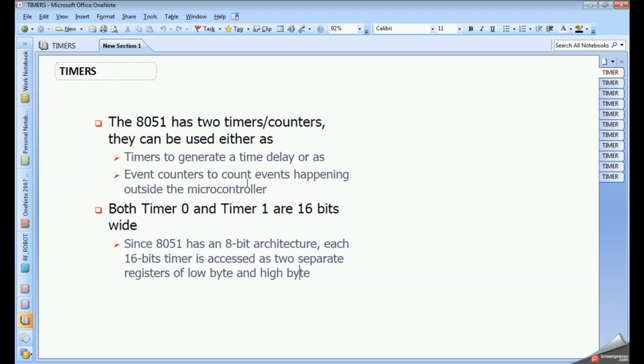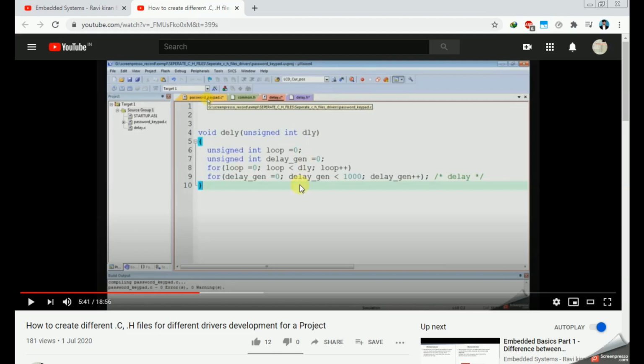In my previous videos I used for loop iterations for generating some time delay, but using a for loop we can't get accurate delays, so we must use timers to generate exact delays.